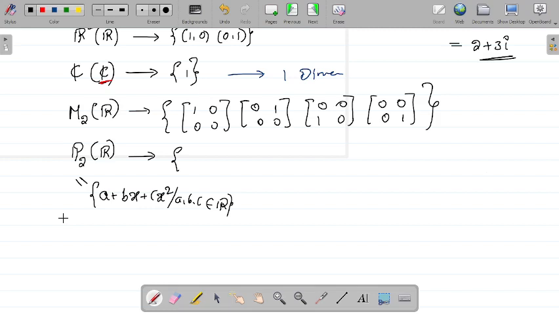Fine. If you want more clarity on what is linearly independent, what is a spanning set, what is a basis set and all, I can suggest some videos, or if possible, I'll make a video and post it. I don't like to discuss those things in this course, because we have a lot more things to discuss here. If we spend more time on it, we will not be able to spend time on the interesting topics you are going to see here.